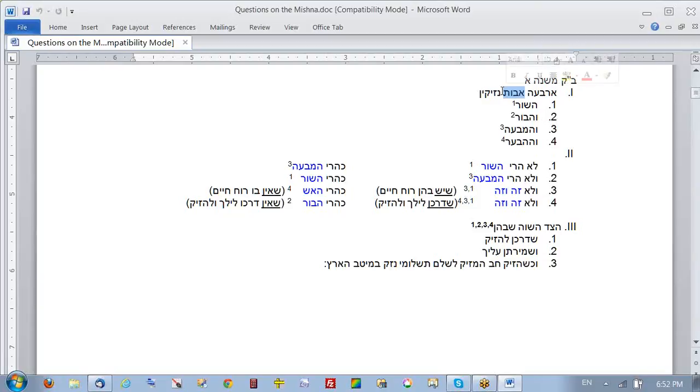Nezikin is an improper use of language, because the grammatical form should be mazikin. Then it came to questions of order. We said shor, bor, mava, and hever. There's, of course, a machlokes on them. That's another thing you always have to do. My chaver, Zvi Grima, very nice.